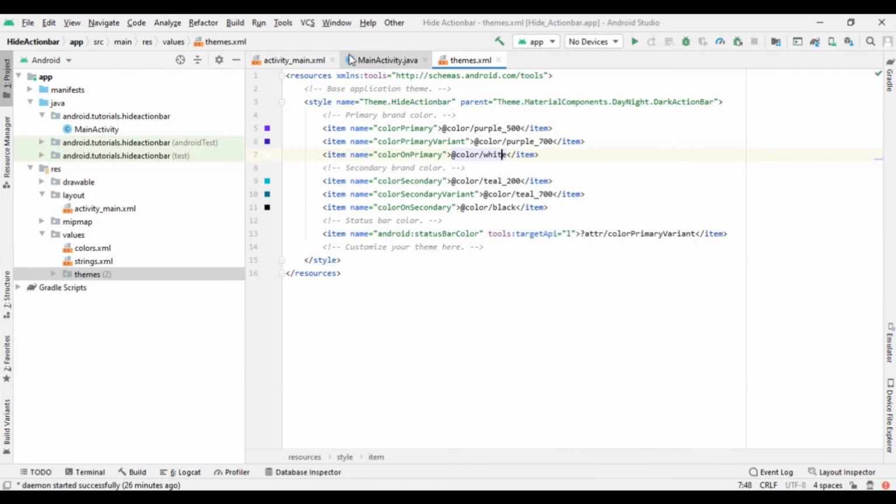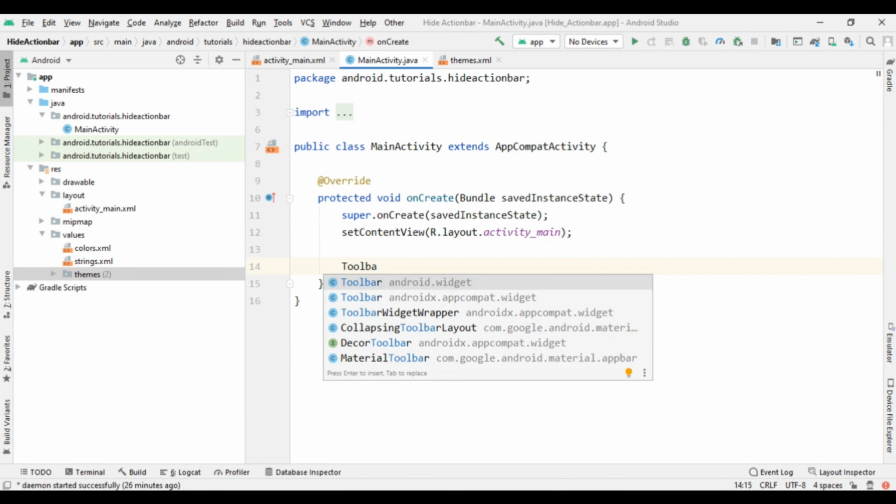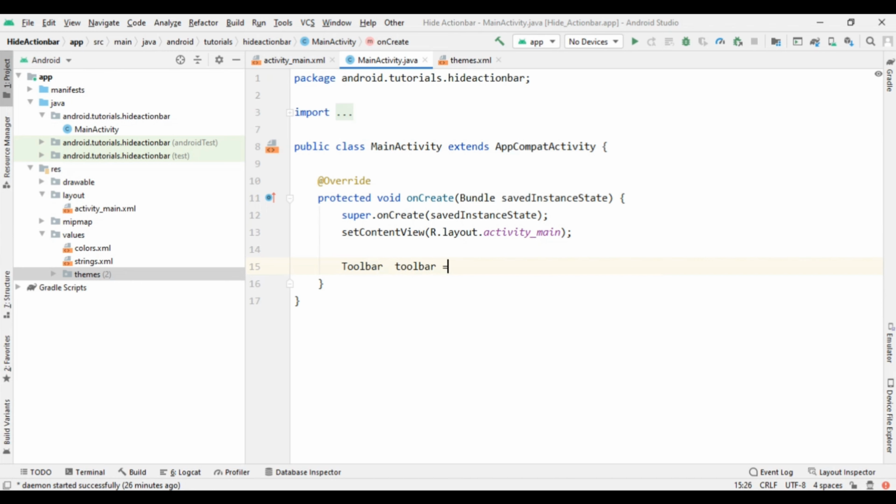Now to hide it manually, we have to go to the activity where we want to hide our action bar, and if you have created a new action bar, then you can write setSupportActionBar. So here I am writing Toolbar toolbar equals new Toolbar, and pass the context and close it.